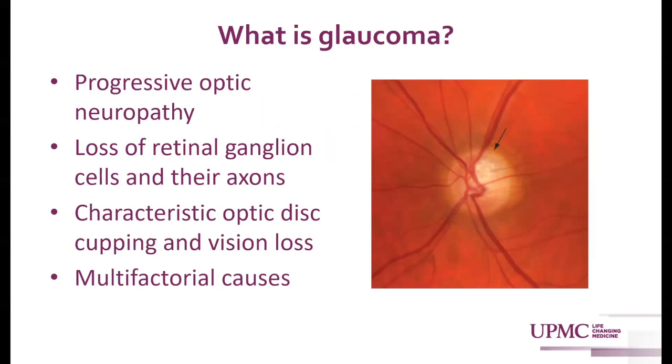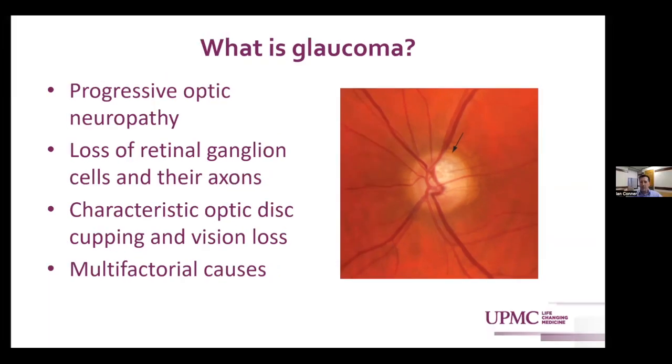There are lots of different optic neuropathies, some associated with inflammation and neoplastic and all kinds of reasons why people can have an optic nerve that withers away, but the most common are this constellation of entities that we call glaucoma. So when the optic nerve goes, we have this progressive loss of retinal ganglion cells and their axons that results in this characteristic optic disc cupping, where you lose the retinal nerve fiber layer as it dives